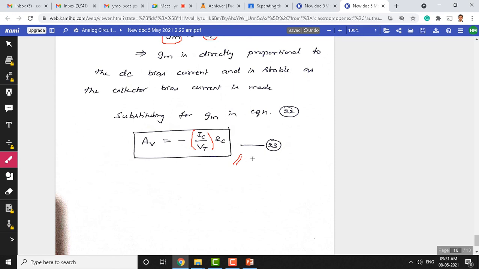So three things we have discussed in today's class. One, we have discussed the derivation of r pi; next we have derived what is re; and finally we have derived an expression for the voltage gain, which is Av. So go through these expressions, practice them, and try to understand how we arrive at the final expressions for r pi, re and Av. Also list out the different versions of these formulas for r pi, re and Av. That's very important in solving the problems.